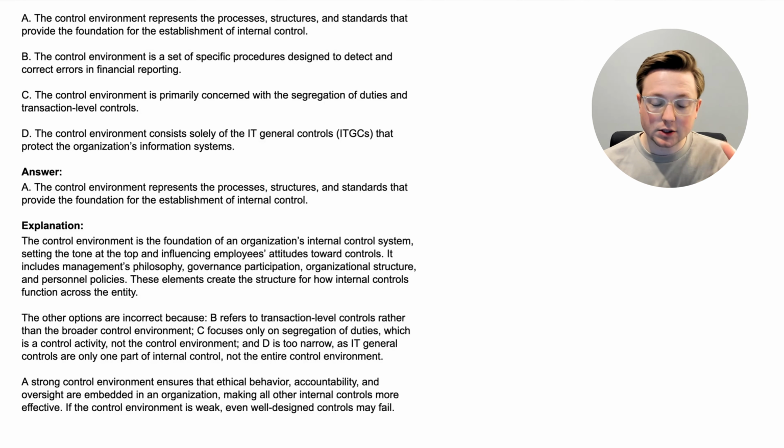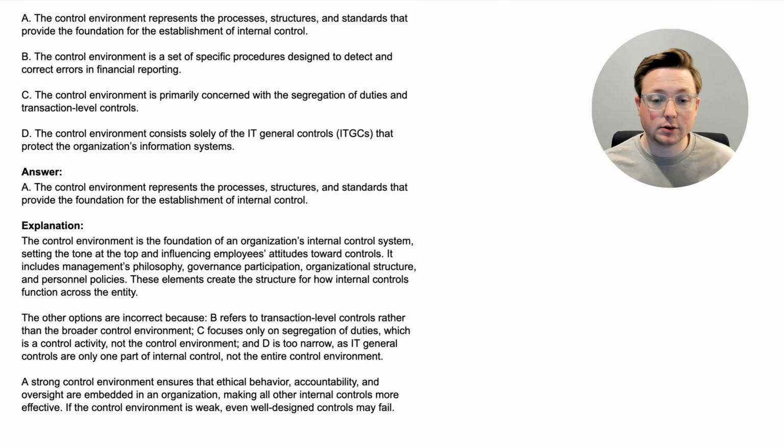So essentially, it's trying to get at that the control environment is basically the standard, it's the base that you have to be able to establish the other parts of internal control. You have to have a good environment, which usually has to do with management, and that's called the tone at the top. If management has good ethics, if they are establishing good controls and enforcing those good controls so that the employees also feel like they have to follow the controls, that's kind of the big idea behind the control